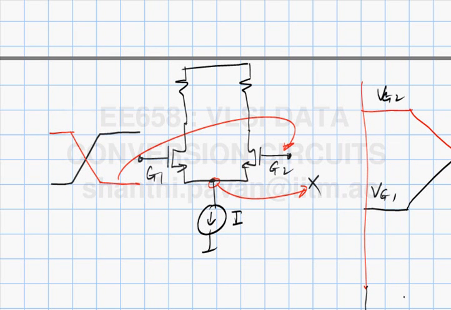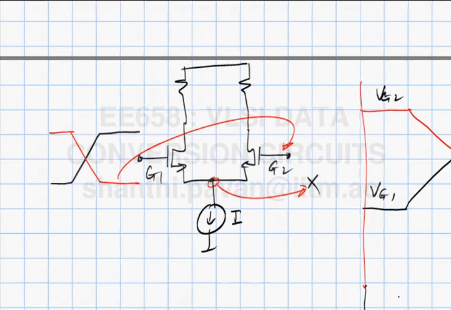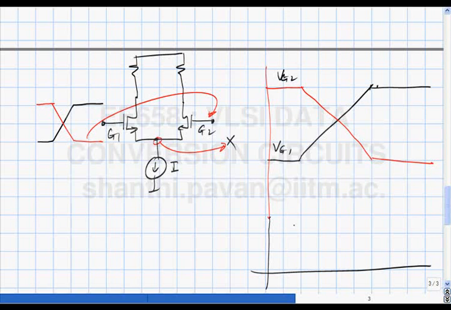What is Vx? When Vg2 is much larger than Vg1, what happens? All the current goes into the transistor on the right. So what do you think is the potential at node Vx? It is Vg2